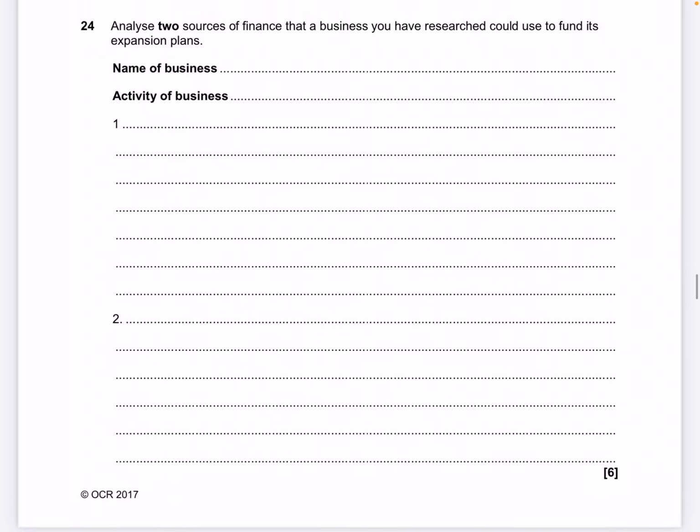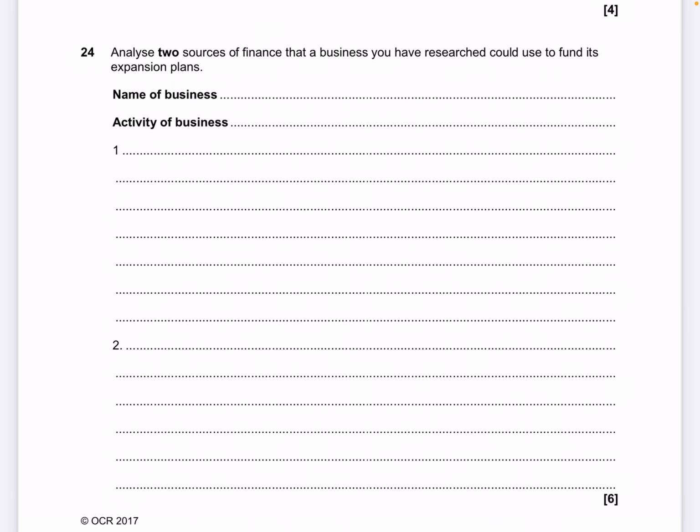Now, the next question is a 6-mark question, and this is where we start to look at analysis. So again, point, explain, example, analysis, leading to. And here we have to analyse 2 sources of finance for that particular business. Therefore, you would obviously make your first point of what you're going to analyse, explain it through with an example, and then why is that good for that particular business in terms of its expansion plans, and then what does